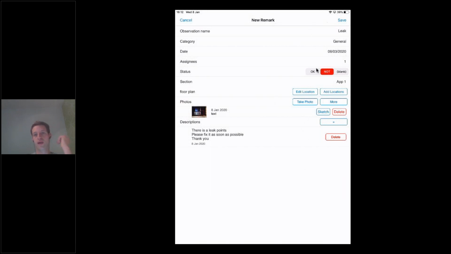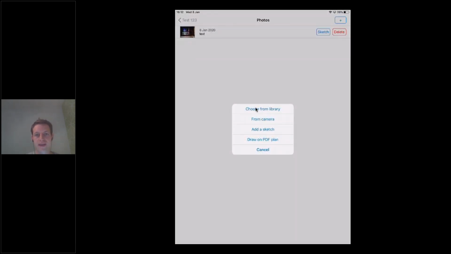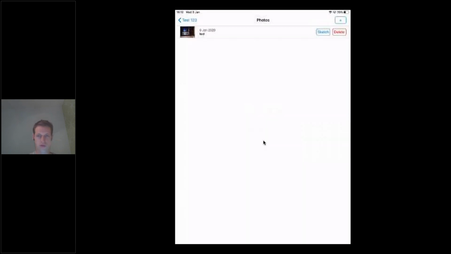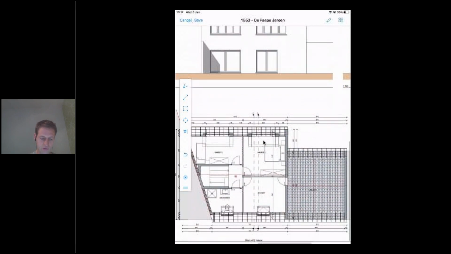Okay, so I have added most of the fields for this observation, and I will save it. So this observation is now in the report for this category. If I go here to photos and I tap again on the plus, you will also see there are some other options. So we can import pictures from the library, we can sketch on a white background, or we can draw on a PDF plan. So if I do that, draw on a PDF plan, then I can also zoom in,